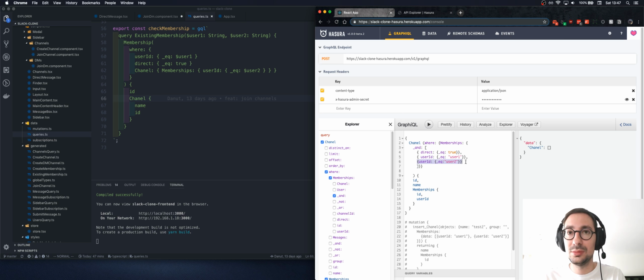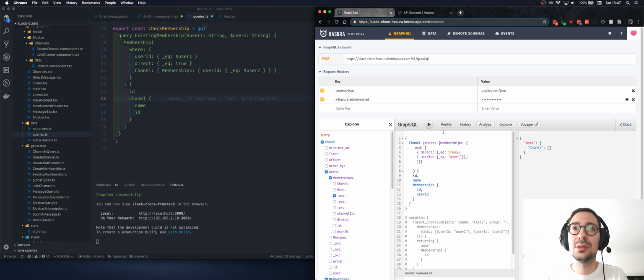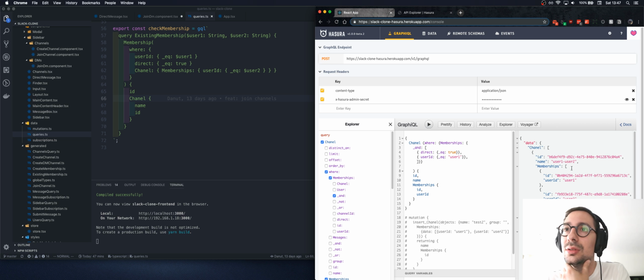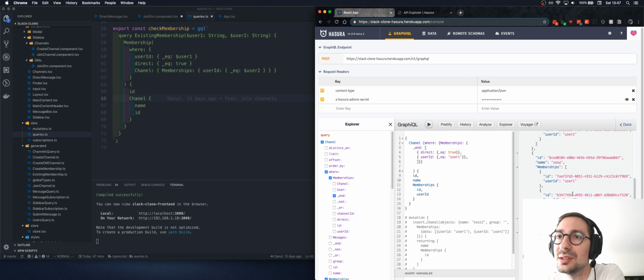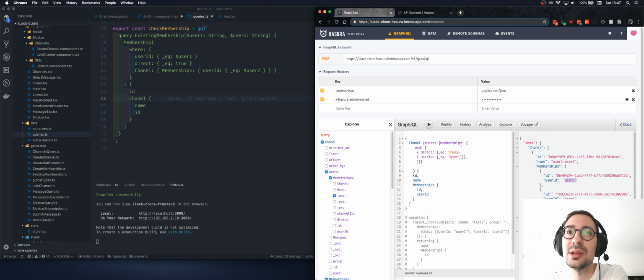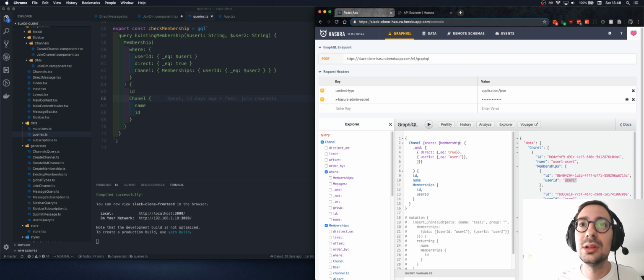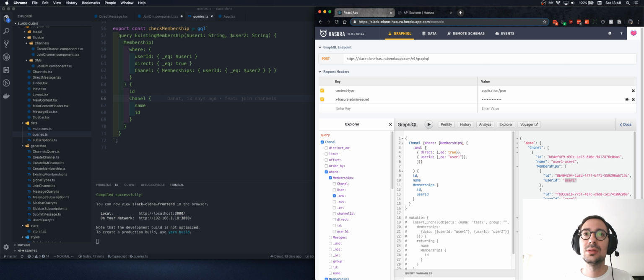What am I doing wrong? So user1, you see, I want to get something similar, but I think we are doing member. No, it was okay, but